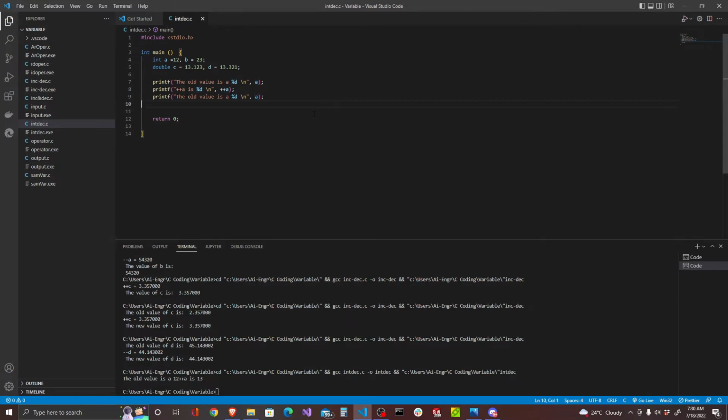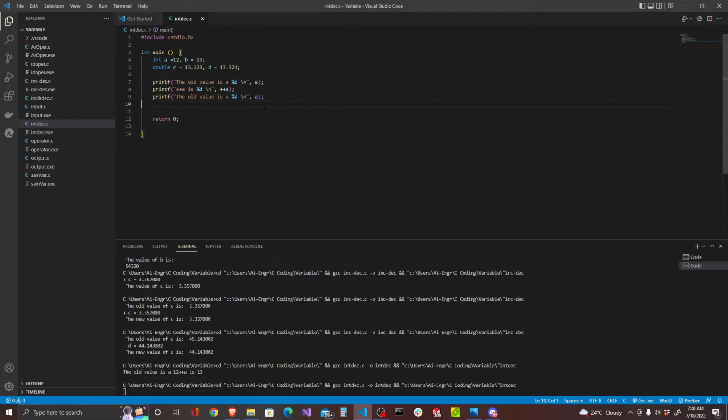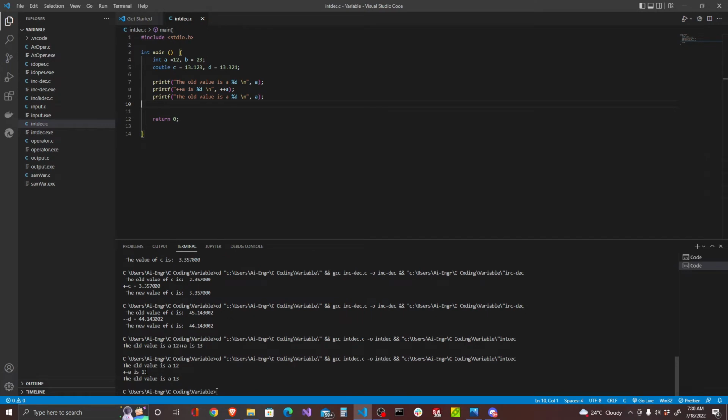So let us try to run this again, and then let's check. So in here it says that the old value is a, which is 12, and then the a is being incremented by 1, which is equal already to a value of 13,